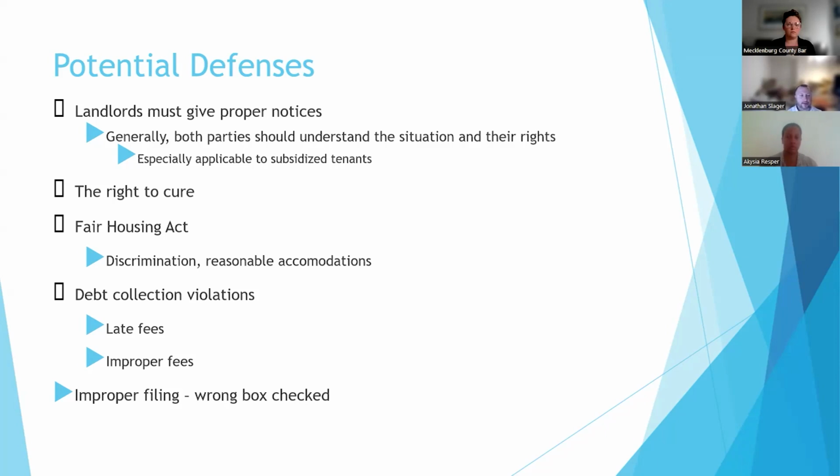Other defenses, like mentioned earlier, is the right to cure. We see this a lot. It's even in non-payment cases, but particularly the first box on an eviction. So this is not really where there's a breach of the lease for non-payment. It's just where the lease does say that, I'll try not to get too technical, but basically that if it's just for non-payment, the tenant does have the right to pay the money that's owed. And that's not all the fees, it's basically just the rent and court cost. And tenants can do that all the way up through and including the eviction trial in small claims court.